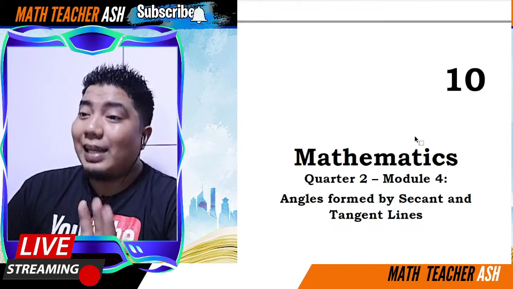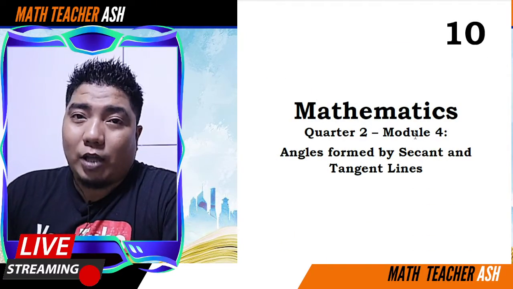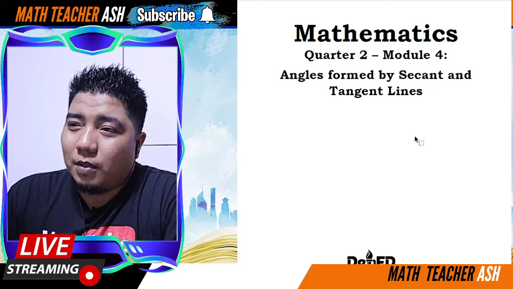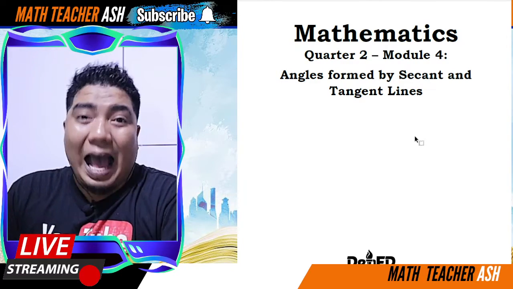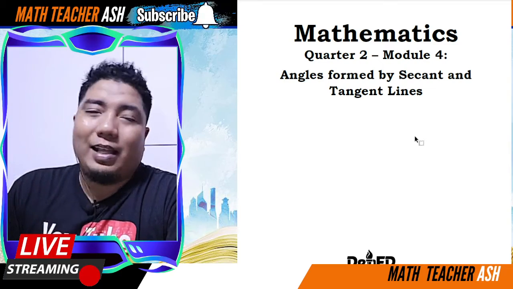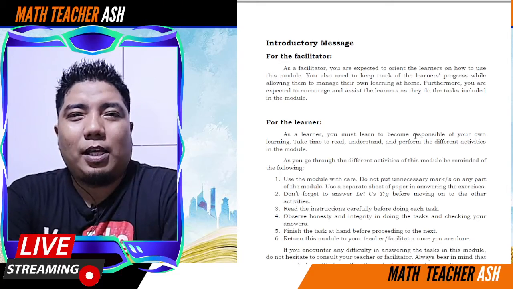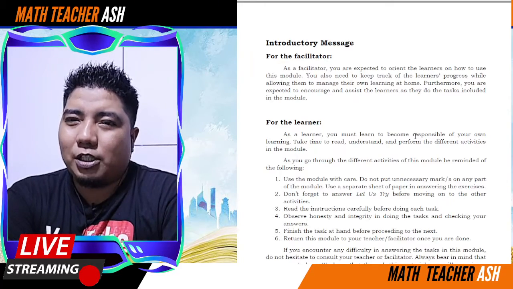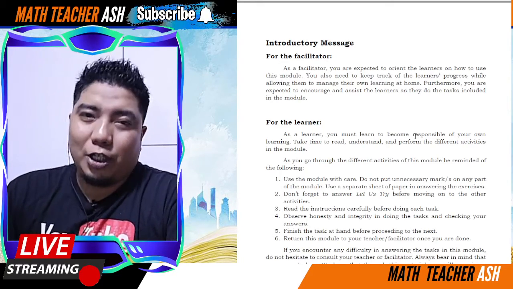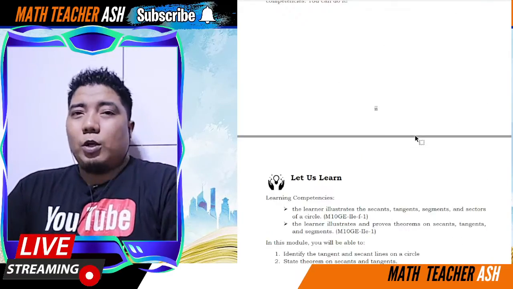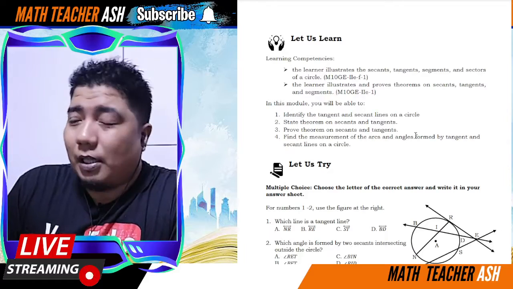Alright, next, we have here the title page that is on page 3, and the focus of this is angles formed by secant and tangent lines. Next, the fourth page is the introductory message for you, the teachers, as well as for you, the math learners. Next is the fifth page, which is the objectives and the pretest. So for the objectives,